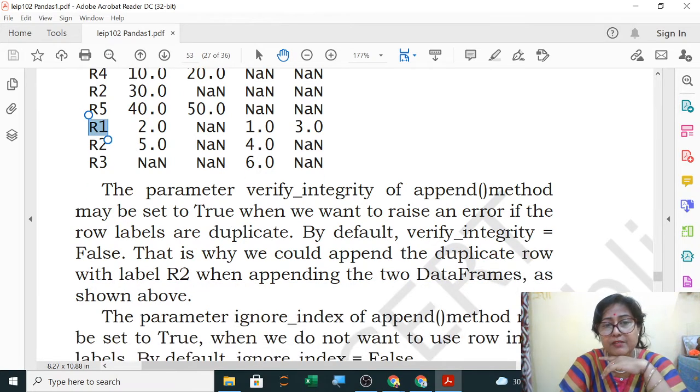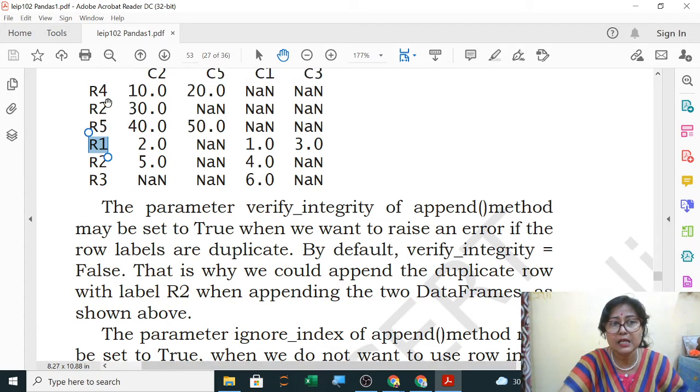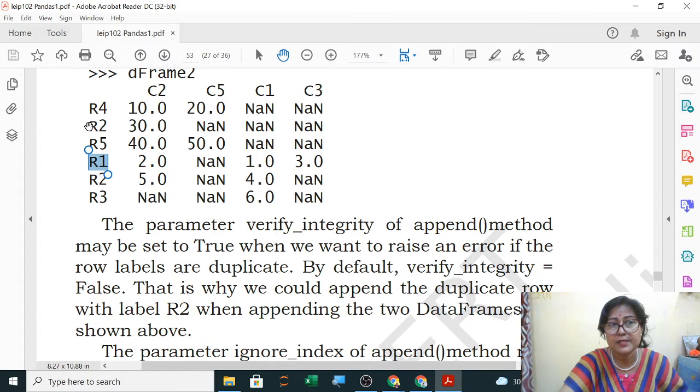Now the parameter verify integrity of append method may be set to true when we want to raise an error if the row labels are duplicate. By default, verify integrity equals to false. Here verify integrity was false. So you can see here R2 is repeated 2 times.